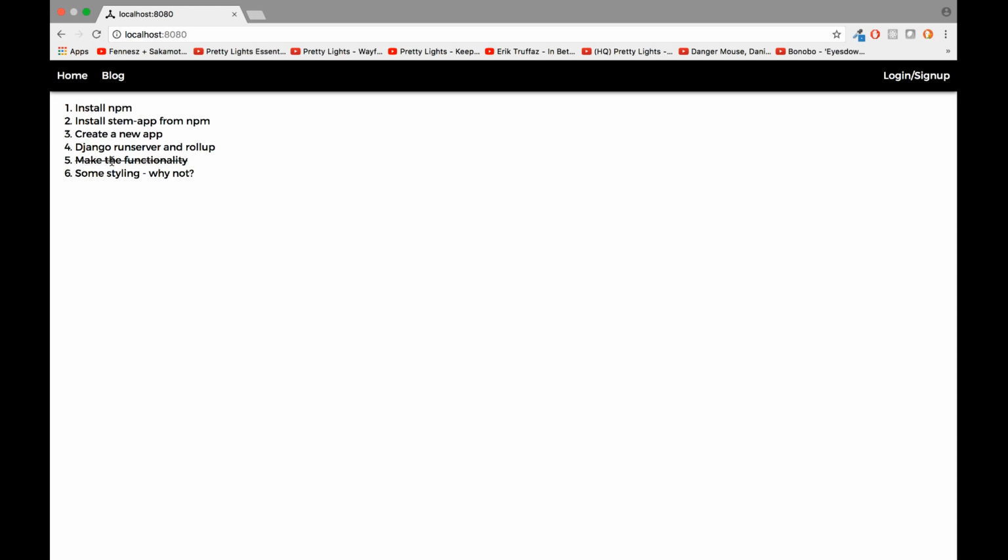So in order to make things easier, I just created in this to-do app a to-do list which shows the steps you need to follow in order to get a StemJS to-do list running. Yes, so the very first step, install npm. Now, I won't go into much detail. npm is the node package manager, which is,